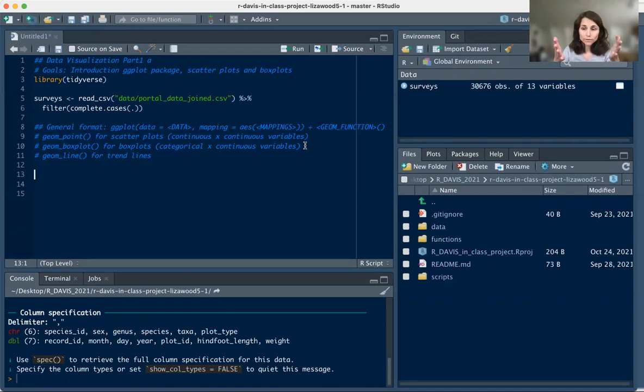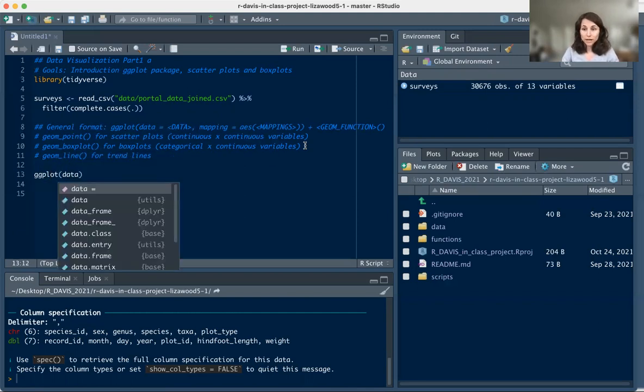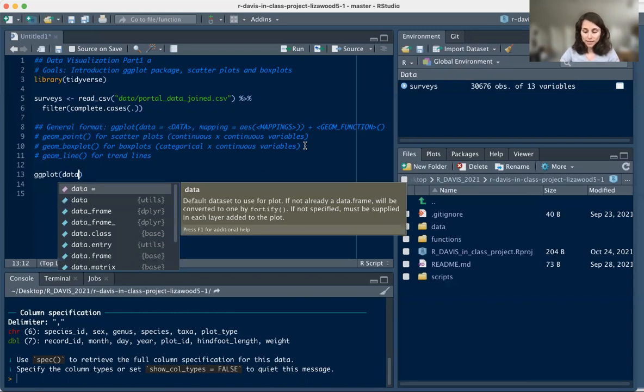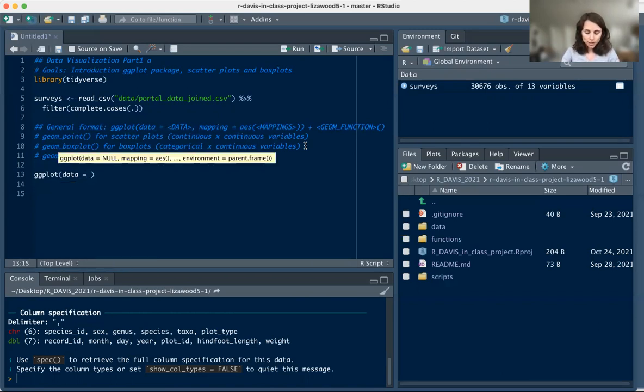So you will always start with a base, and then you can use plus signs to keep filling in all the different layers that you may want in your plot. So let's see what it looks like. We'll start with the function ggplot, open parentheses, and let's first just specify the first argument, which is data. So data equals, and the data we're going to be using is surveys. If I just run this line of code,